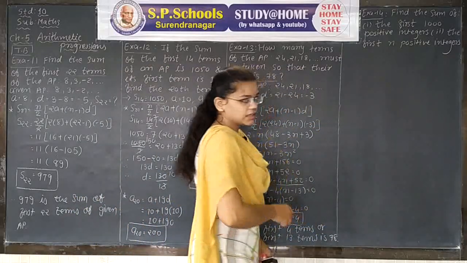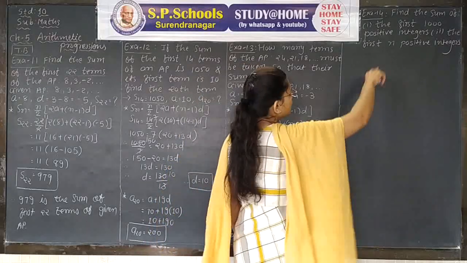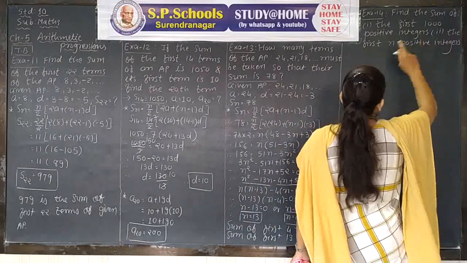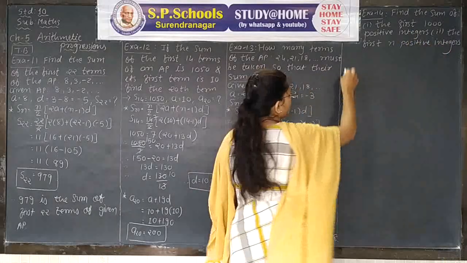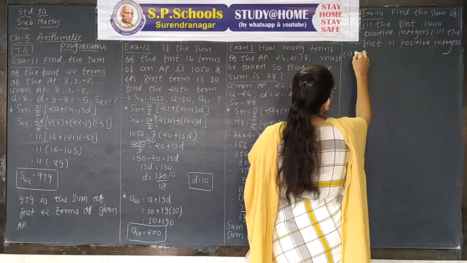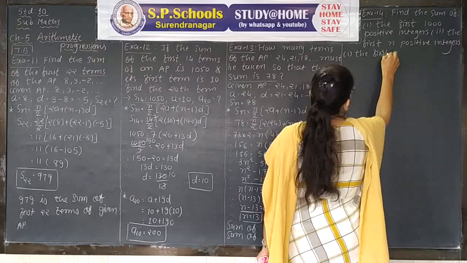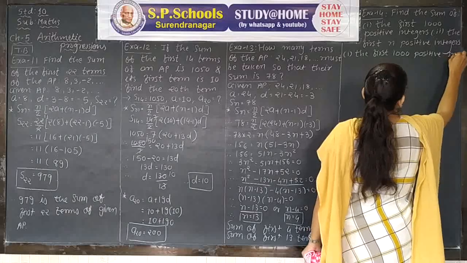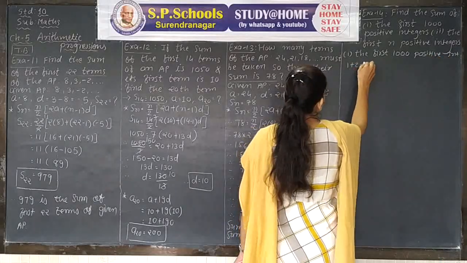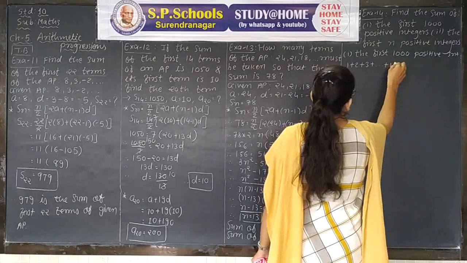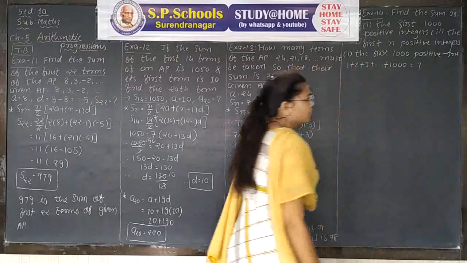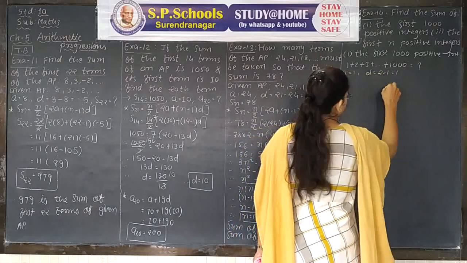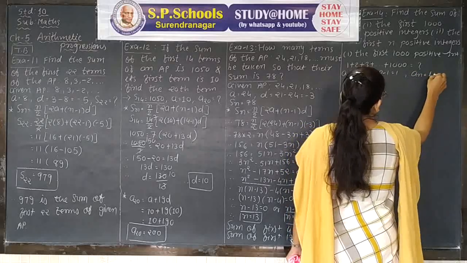It is very easy, and again see our notes. Find the sum of the first 1000 positive integers, and second, the first n positive integers. The first one, the first 1000 positive integers, means 1 plus 2 plus 3 up to 1000 is equal to question mark. The first term A is equal to 1. The common difference D is equal to 2 minus 1, which is 1. And An is equal to L is equal to 1000.